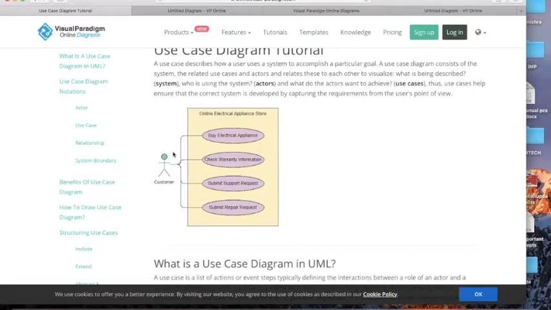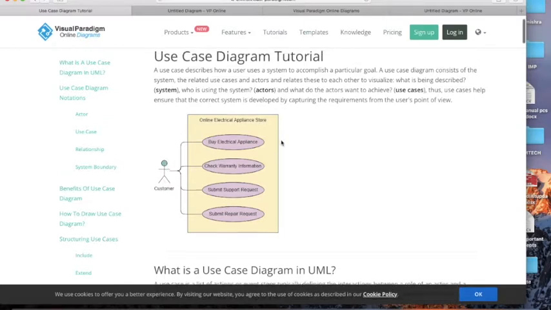And one more thing, this can be another system, meaning another system can also be connected to this overall system. So it is not necessary that the actor will always be there. Another system can be here which can be connected to this system, right? In this case it is an actor here.